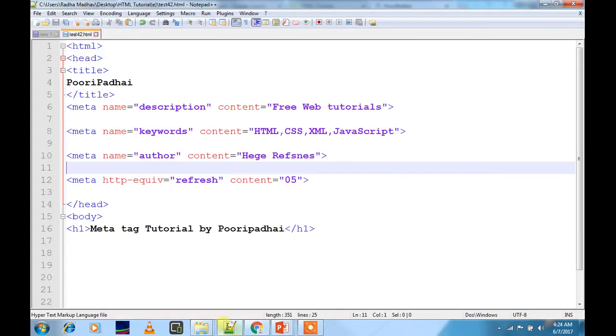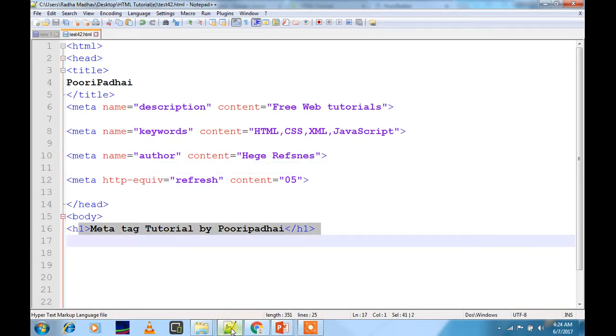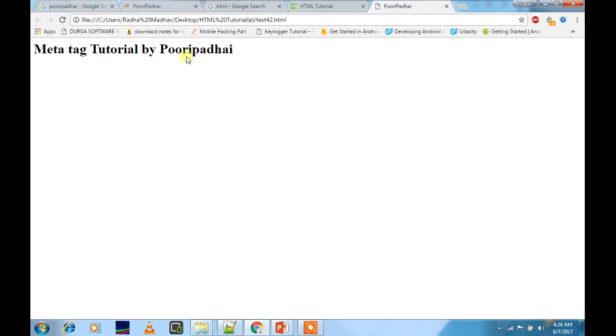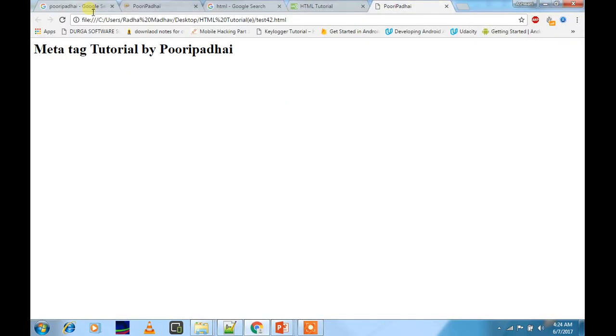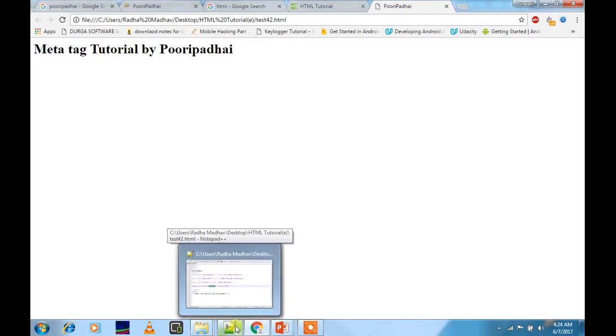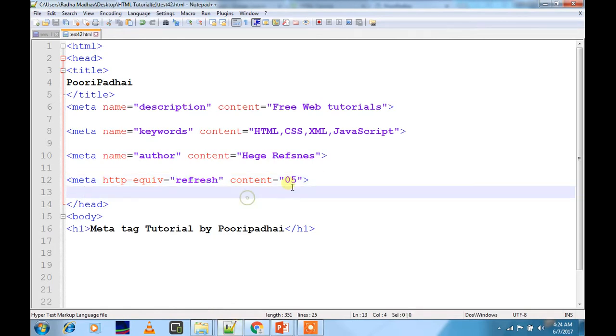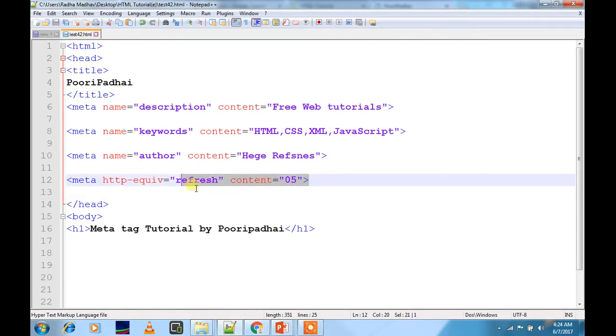Here we have written an h1 tag in the body section, so only that is being displayed, and nothing else is shown. There is no meta, no keywords, no author. Where are these codes which we have written in the head section? Why are they not visible here? First of all, I will make you see all those things also, but first let's see this one.